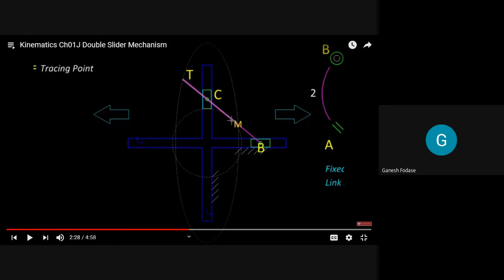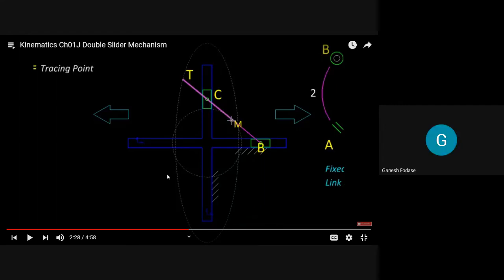And now you see, if I move this link BT, actually two points are considered on link BC. If I extend this link, a point T is called the tracer point, and another point is called M. So you observe when I move this link, what T will trace and what M will trace. Where is the M point actually? Midpoint. So M is the midpoint, but T is any other point on the link. But I told you any other point will trace an ellipse, but the midpoint will trace a circle.